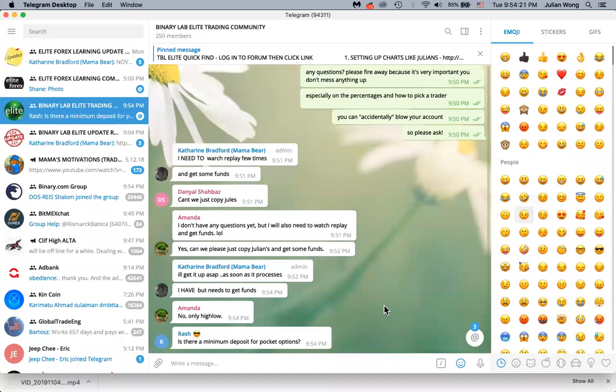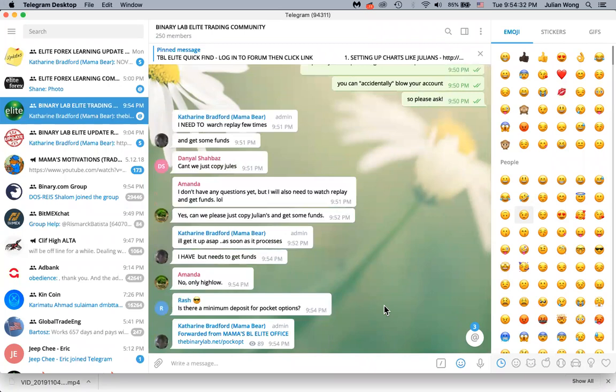Because if any of you have a Pocket Option account, I think the minimum is like $20 or something. But if you want to copy, I really suggest you start with 100 and then take the bonus, because like I said, it's really cool. You can hit the turnover requirement within 1 week, and you get to keep the bonus. So that's a no brainer. Even if your account goes nowhere for 1 week, you still double your account.